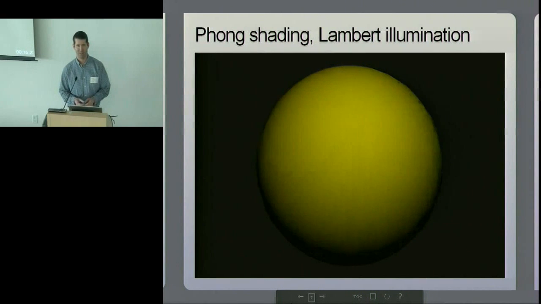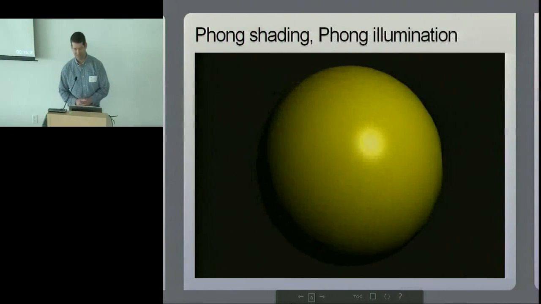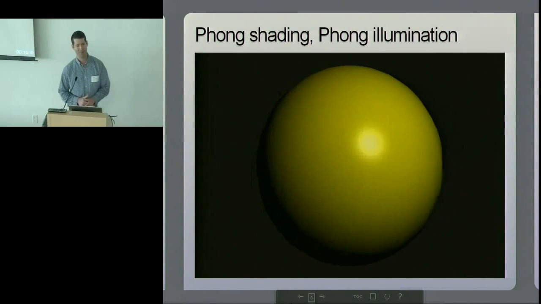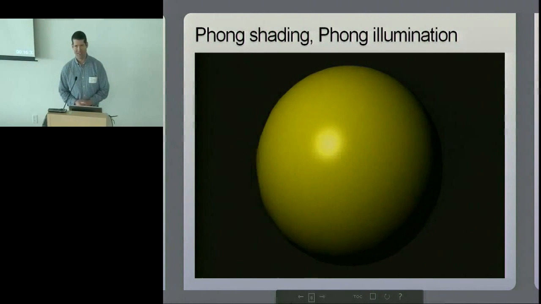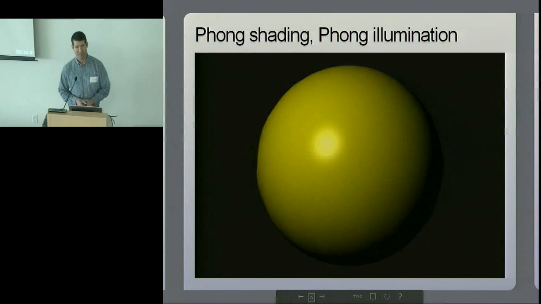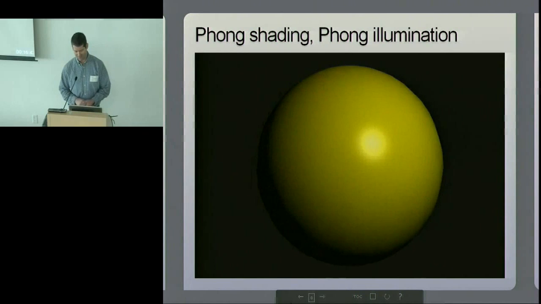It still has corners, but the lighting looks more smooth. So the next step is still Phong shading and Phong illumination, which adds a specular highlight, which makes it look more realistic, but still like plastic.